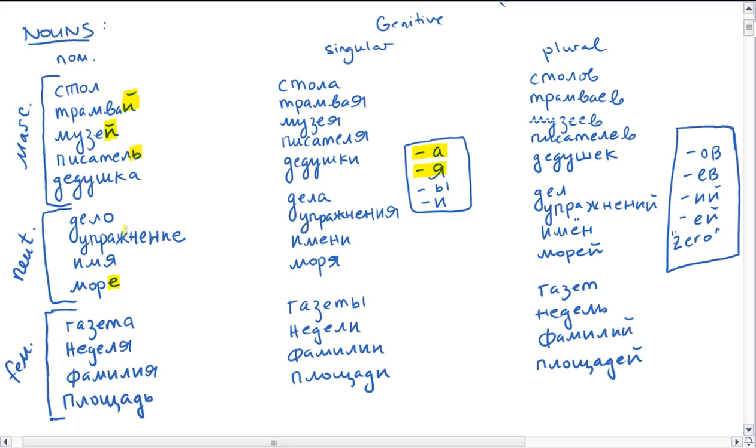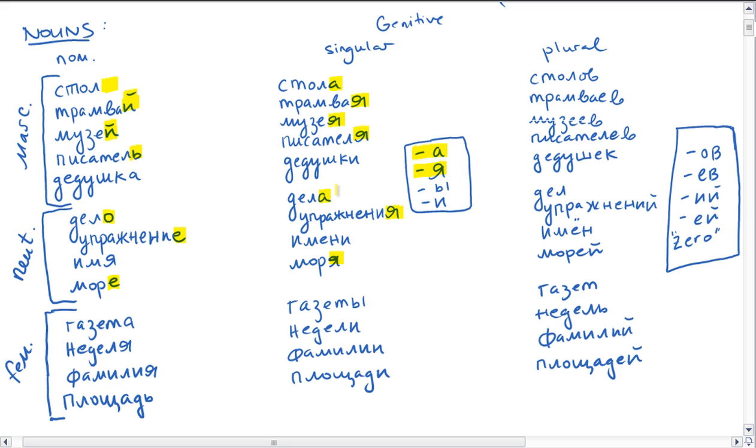Right, so we can see that. We've got our ya go to ya and ya. Our masculine ending with a consonant, it gains an a. Our tramvai, right, because it ends in an i kratkoye, ya, soft sign, ya. Our o goes to a, right, so that's very common.